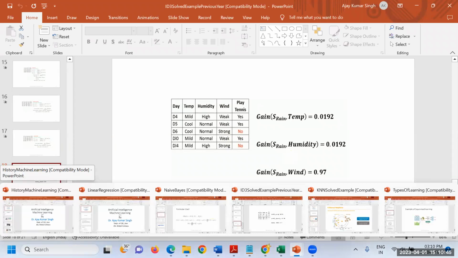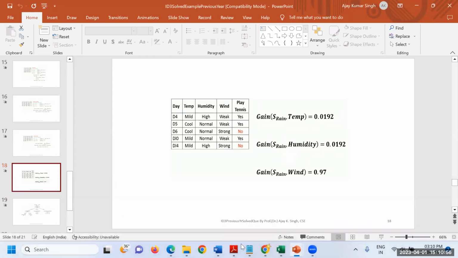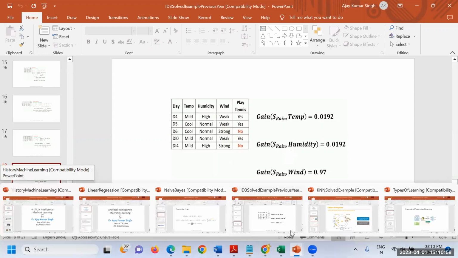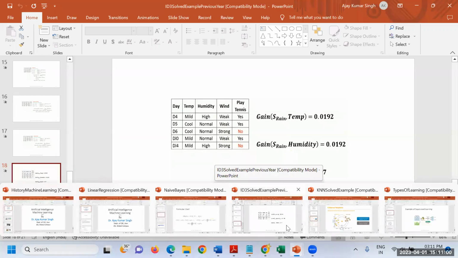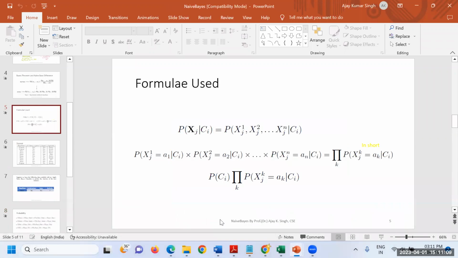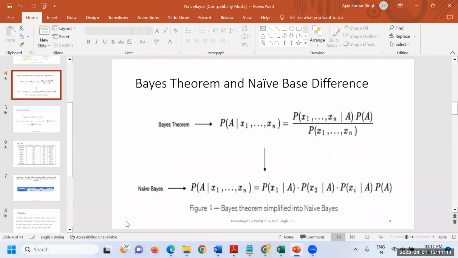Can we go for some different algorithm like naive-based? Okay. So I think up to 3:30 we have to continue, isn't it? Okay, let's go for the next algorithm for segregating the data and for categorizing the data. That is your naive-based. Again, one of the important algorithms. So let's go for this. Any doubt related to the previous slide? I mean, ID3, iterative dichotomizer. Any doubt?